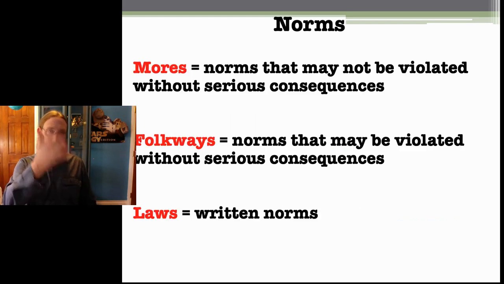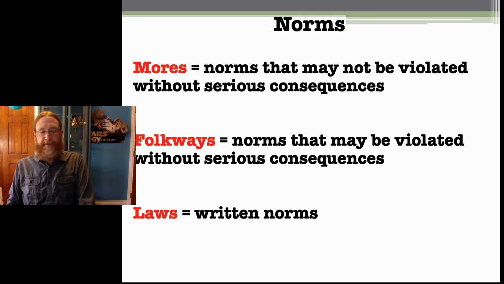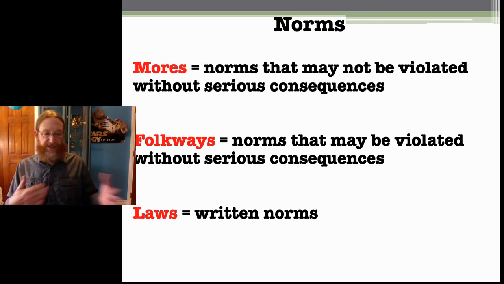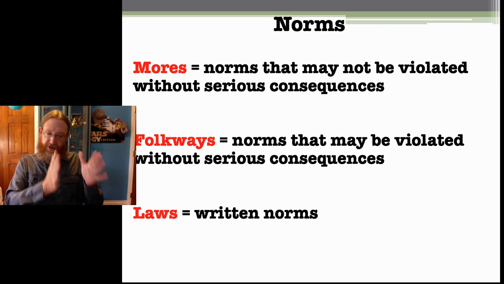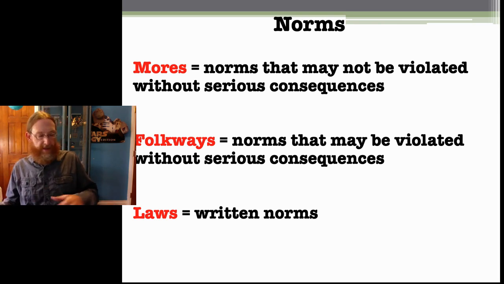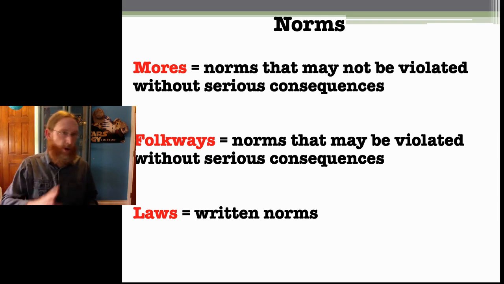Mores are norms that may not be violated without serious consequences. Folkways are norms that may be violated without serious consequences. And then laws are written norms. And it's really interesting. Before we've gotten to the written norm thing, we could take masks, right? We might think of that as a folkway, which may be violated without serious consequences. But now we're seeing in a pandemic just how something can transition from a folkway to a more,